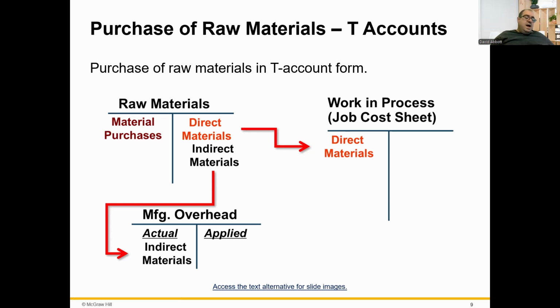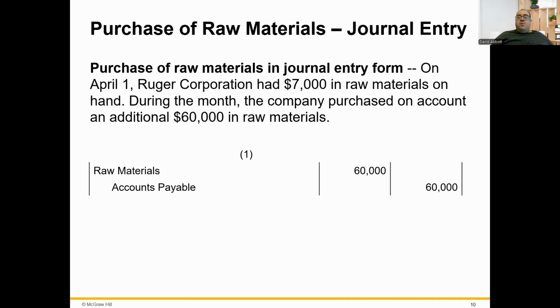And then the cost of indirect material requisitions would debit manufacturing overhead. So you would debit manufacturing overhead, and then you would credit raw materials. So that would be for things such as maybe oil to oil a machine or anything like that, that's not directly going into an item, but it's still inventory and materials that we're using in our facility. So we see here